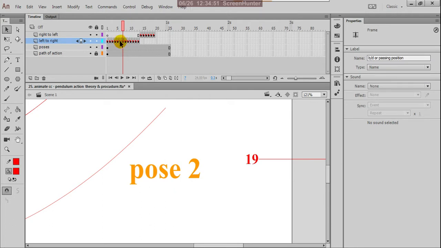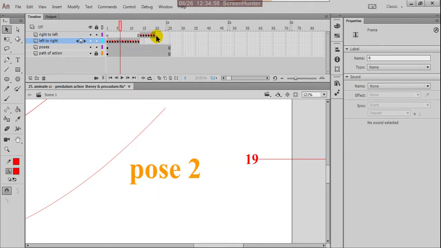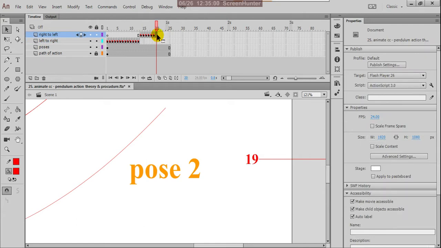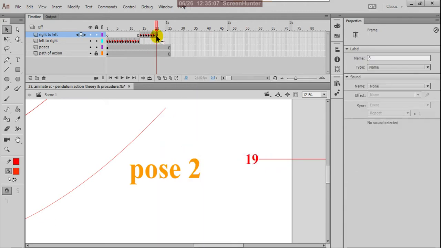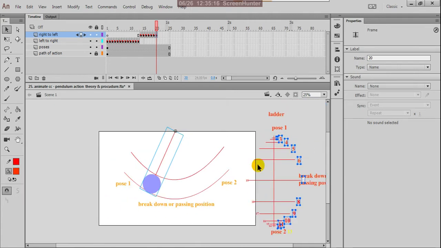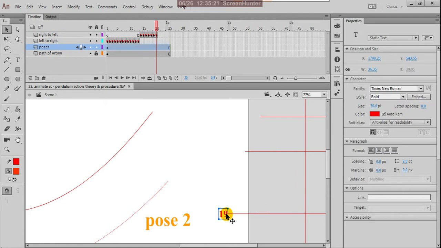Now copy the 6th frame, right click and copy frames, and paste at the 20th frame: right click and paste frames. This is 20. The same name we give for the ladder also.